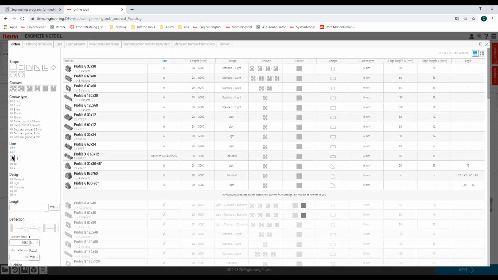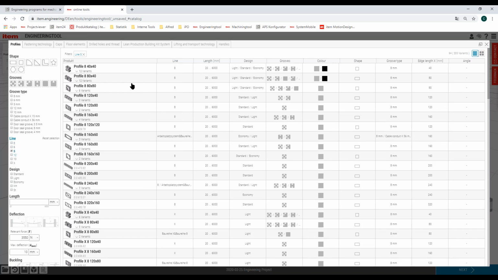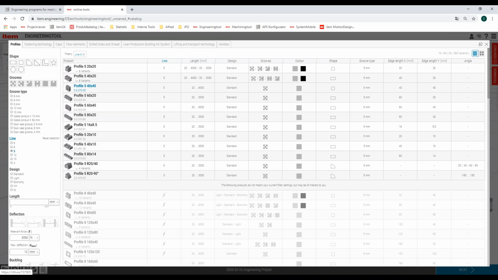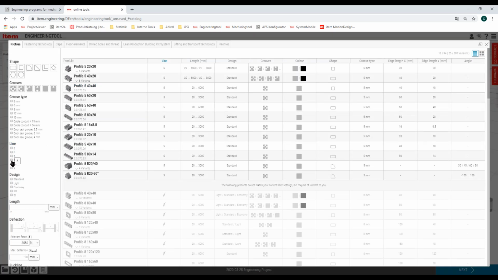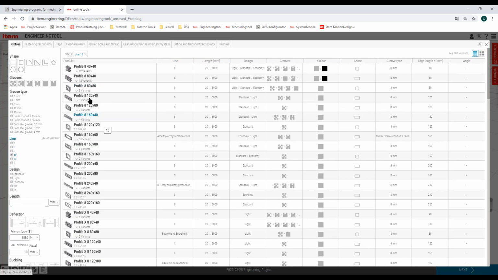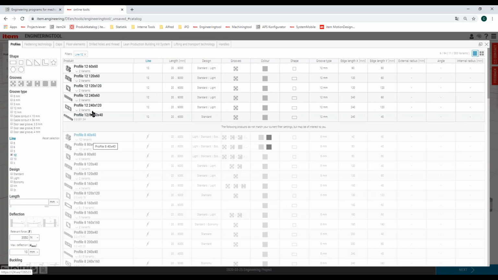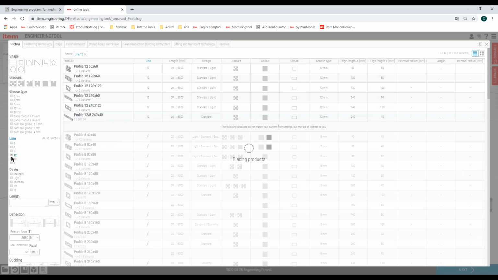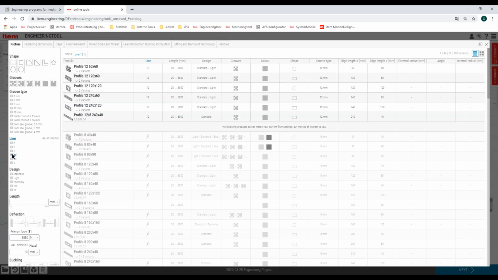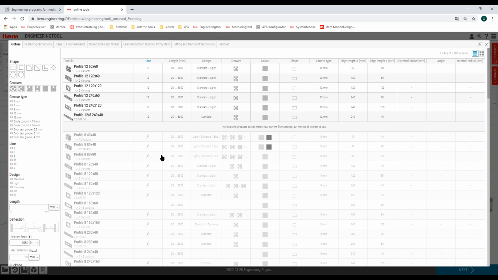I use a profile line 5, and line 5, 40 by 40. And that's the way how to import different kinds of profiles into my scene. And this takes just a few seconds. And then in the end, you will see why I do this.